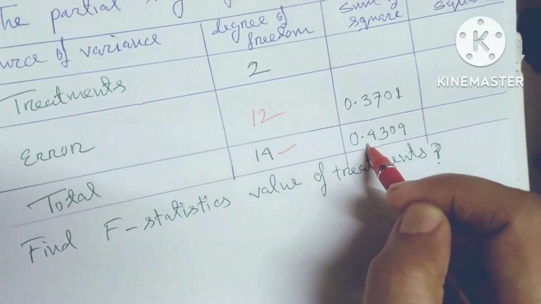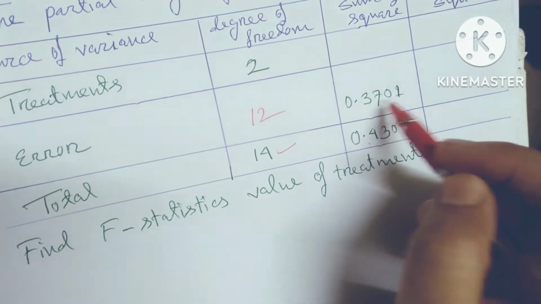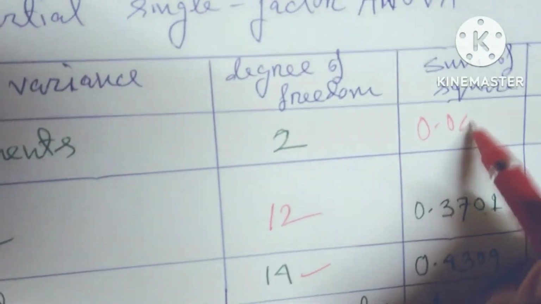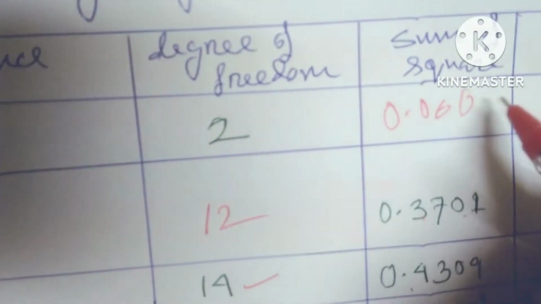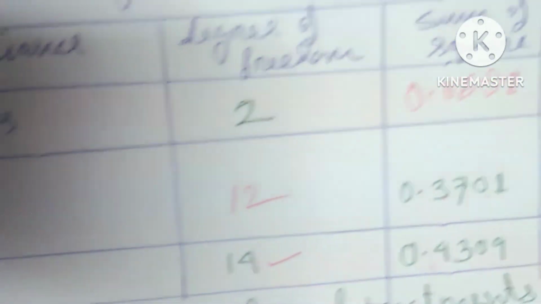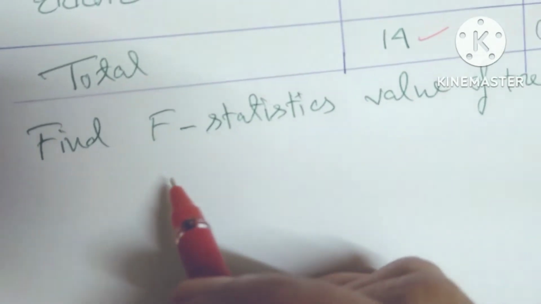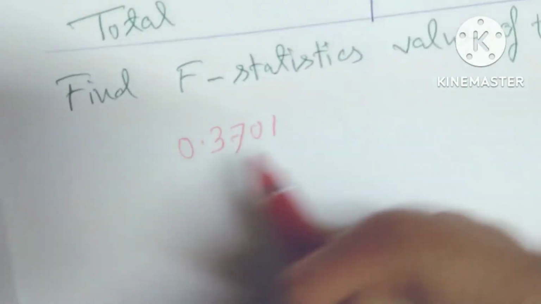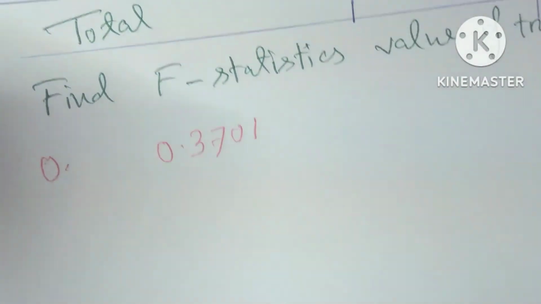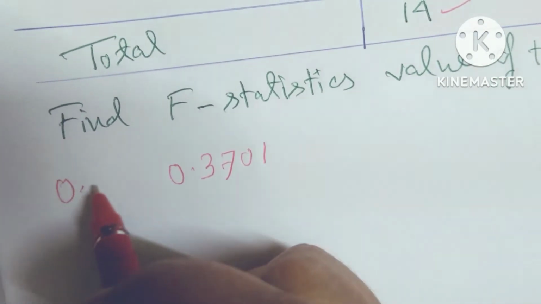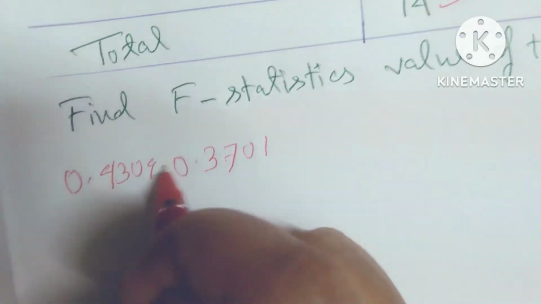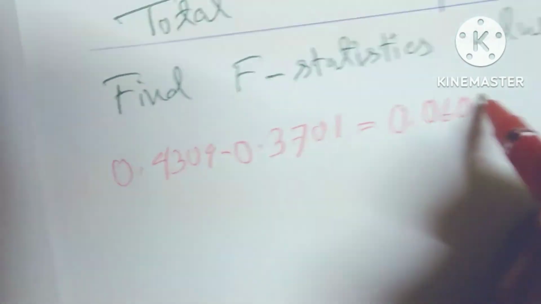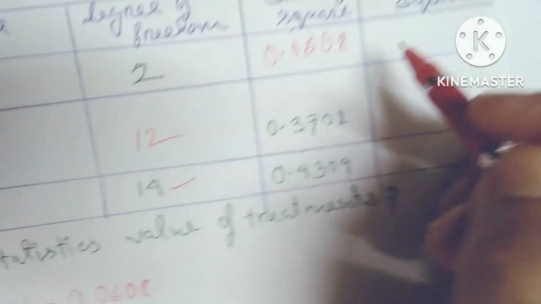0.4309. And this is 0.3701, so subtract this and we get 0.0608, because you see that 0.4309 minus 0.3701 equals 0.0608. And now the mean square